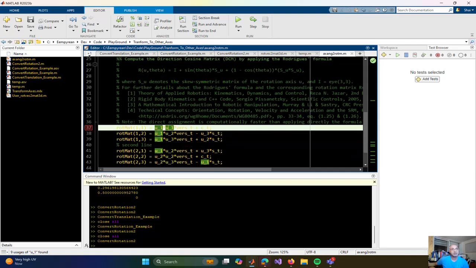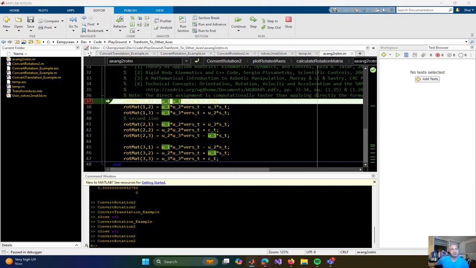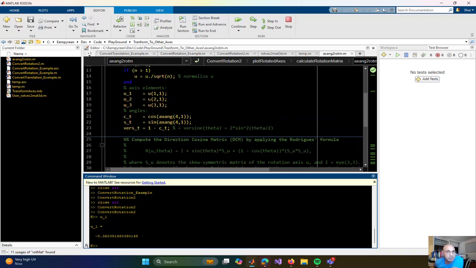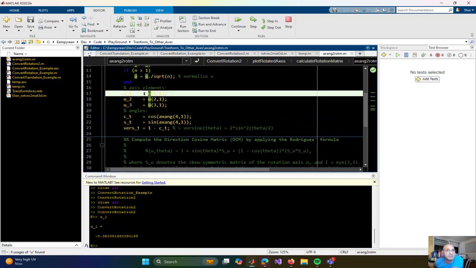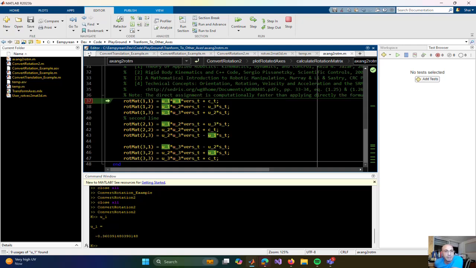We can debug it. Let's look at u1. Oh, it's a scalar. So u1 is just the first value of the vector. So all we see here are just scalars,